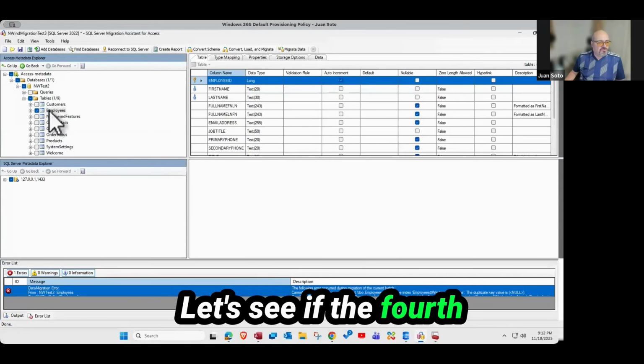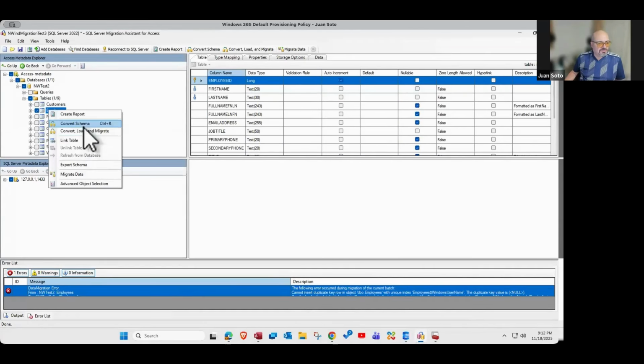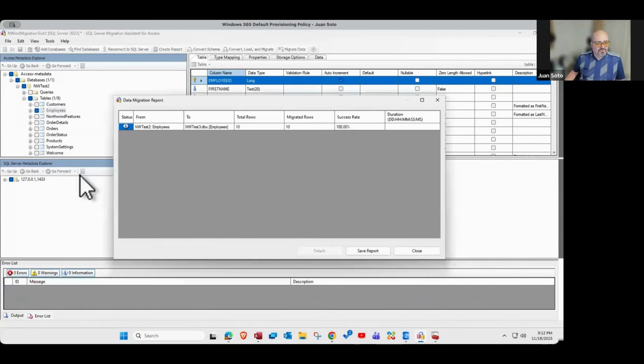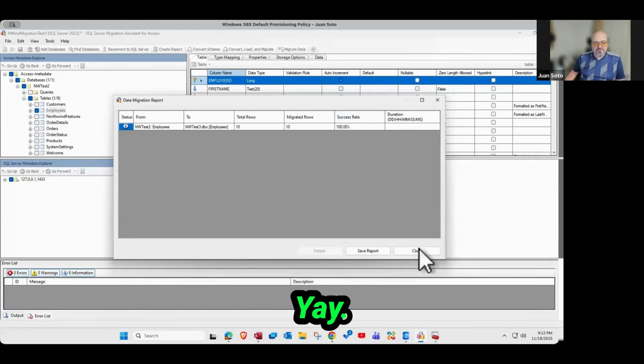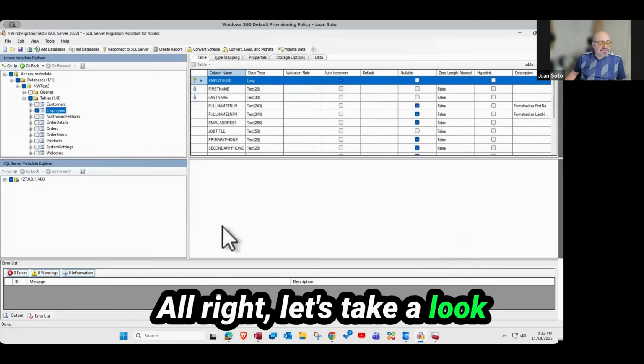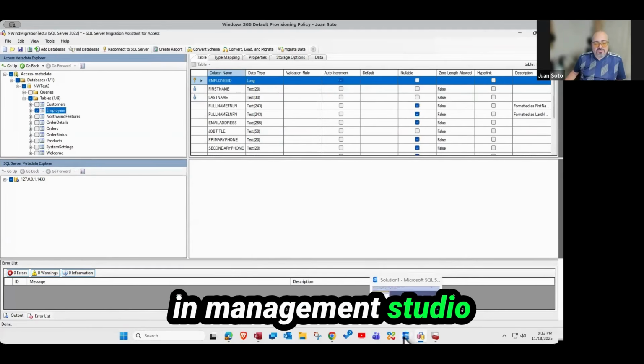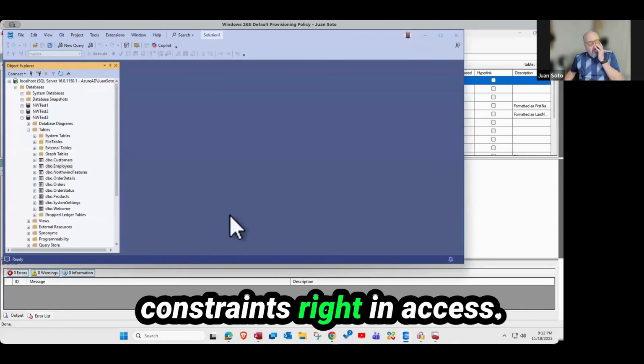Let's see if the fourth time is the charm. All right, there you go. I got 10 rows migrated, 100% successful. Yay! All right, let's take a look at that employee table in Management Studio because we have some constraints, right,